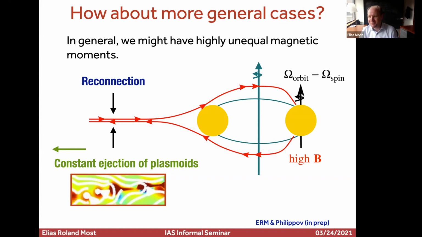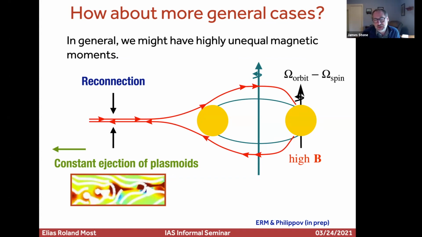Cool, thanks. Jim? Yeah, I also had a question about the second part. It was great. You showed at the very beginning of the second part a standard simulation of a pulsar with the current sheet at the equator and the pulsar wind sculpting the magnetic fields into closed regions and open regions.